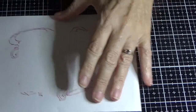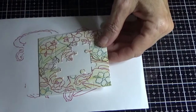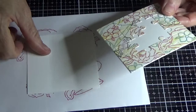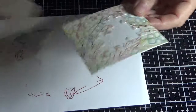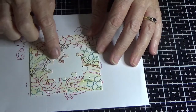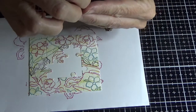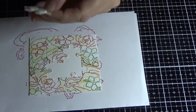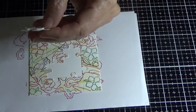So I went ahead and started, after I cut it off, then that's where you need the extra piece of Whisper White, because you're going to lay that down and then you're just going to glue one at a time. So what I did was just glue them all around the edge, and I glued one in there, and then the other three I've popped up onto dimensionals. So I'm just going to pop those last three